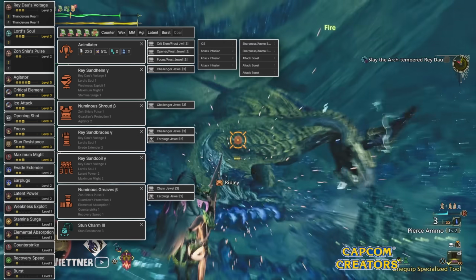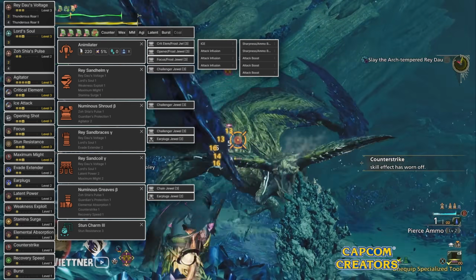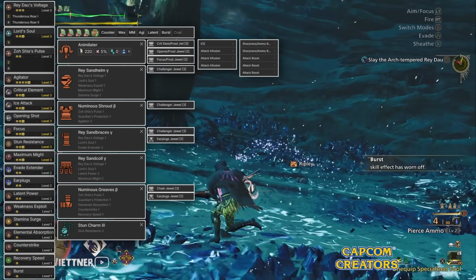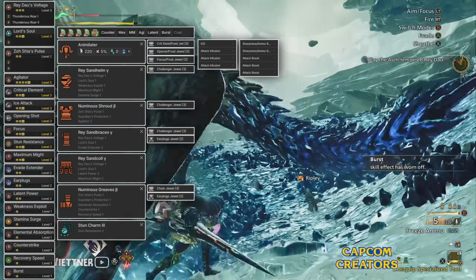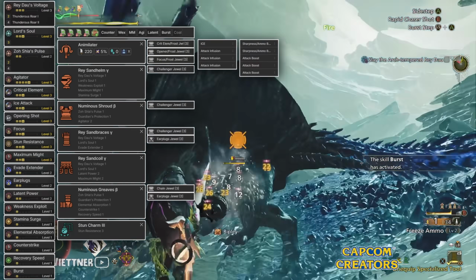What Guts does is it gives you a little orange marker around the middle of your health bar. If your health is above that and you get hit by an attack that would one-shot you, you will survive at 1 HP. You'll gain 5% defense and plus 3 to all elemental resistances, but you will then lose that 5% attack buff. So making sure that you stay out of one-shot range is very important,